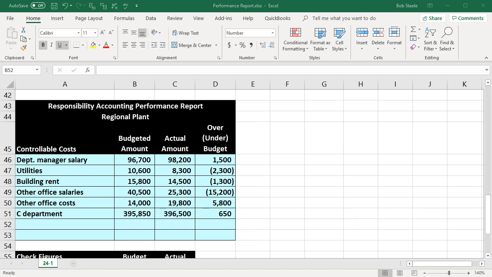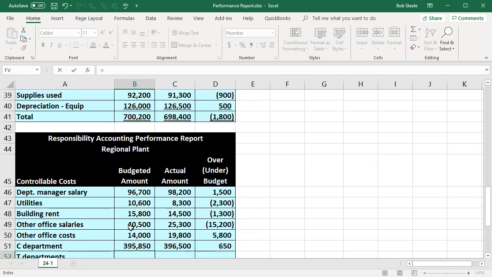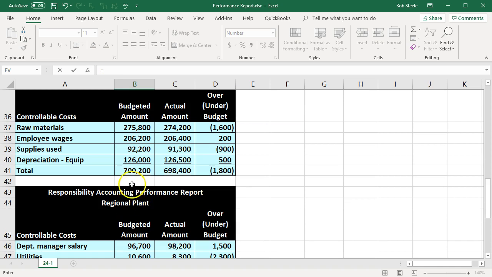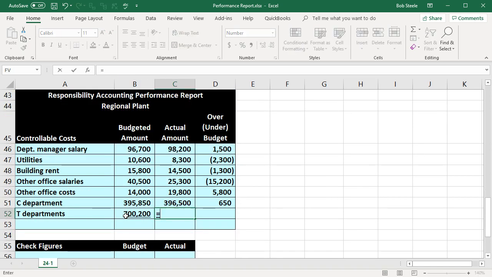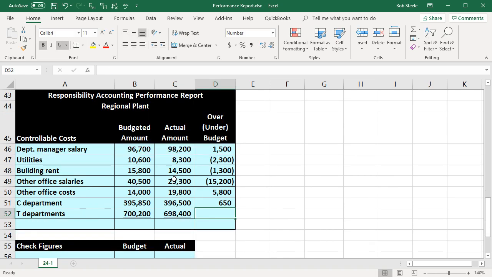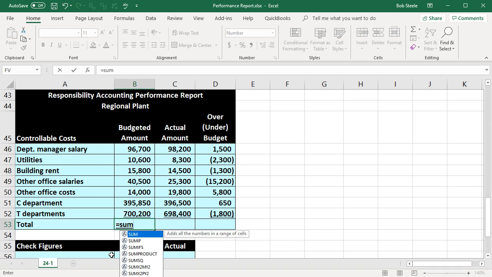And then we'll do the same for T department, and we're going to say this equals, and scroll back up, and we'll pick up the T department 702, and then this equals, and we'll pick up the 698.4, subtracting them out, this number minus the 702, and there we have it. And then we've got the total, and the total is going to equal the sum of,